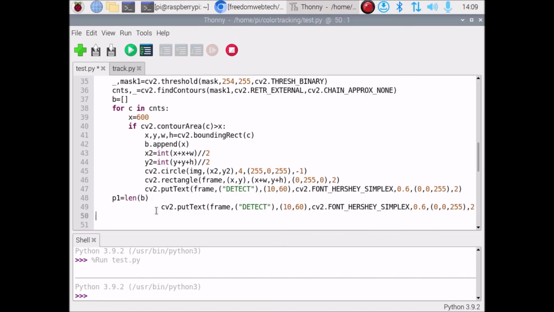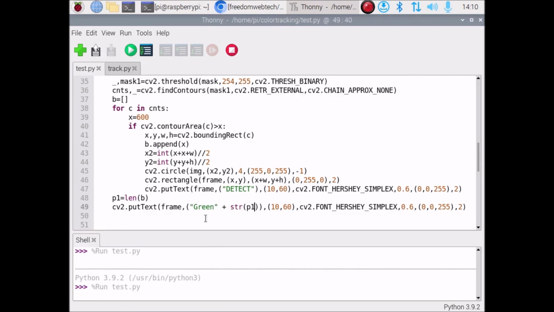Same way, we are going to mention our green color. So this text color will become green. Then plus str, and inside that we need to pass p1. Simple. So if I save the code and run the code,